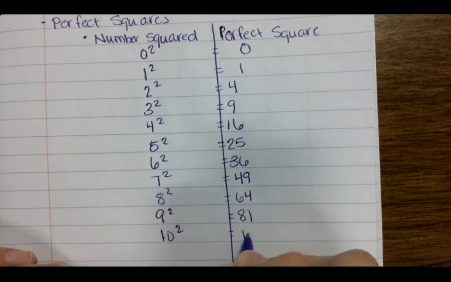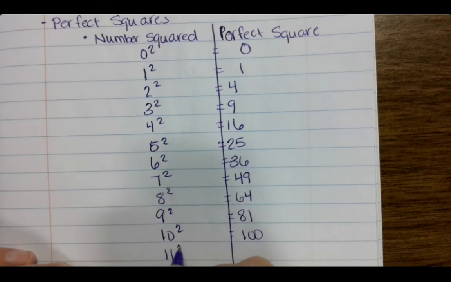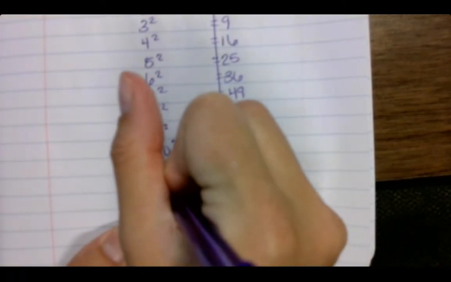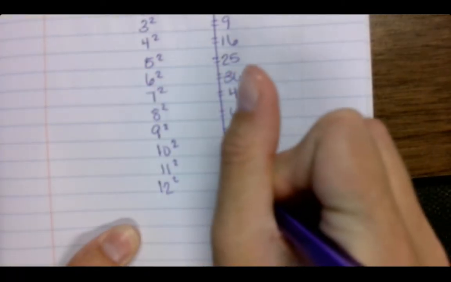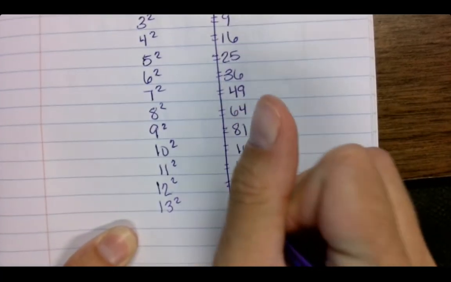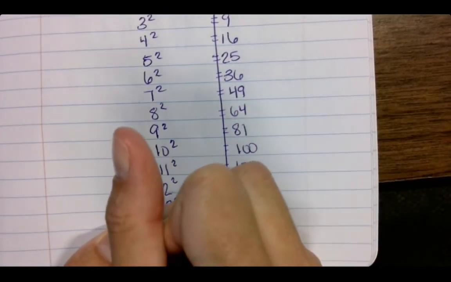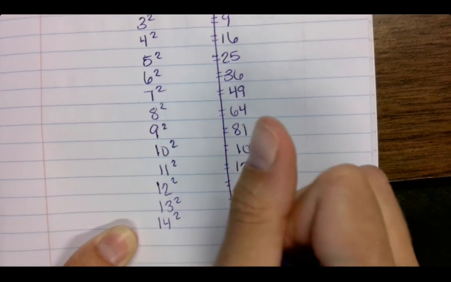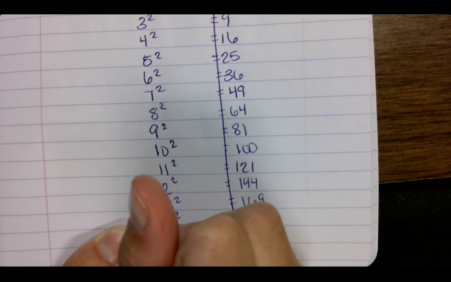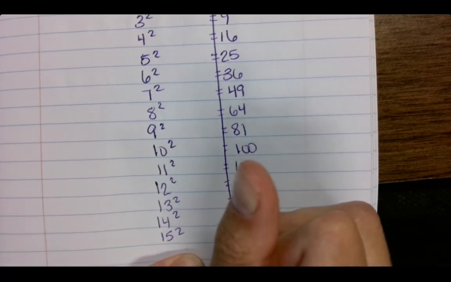10 squared, 100. 11 squared, 121. Almost there, y'all. Almost there. 12 squared, 144. 13 squared, 169. 14 squared, 196. Last one. And 15 squared is